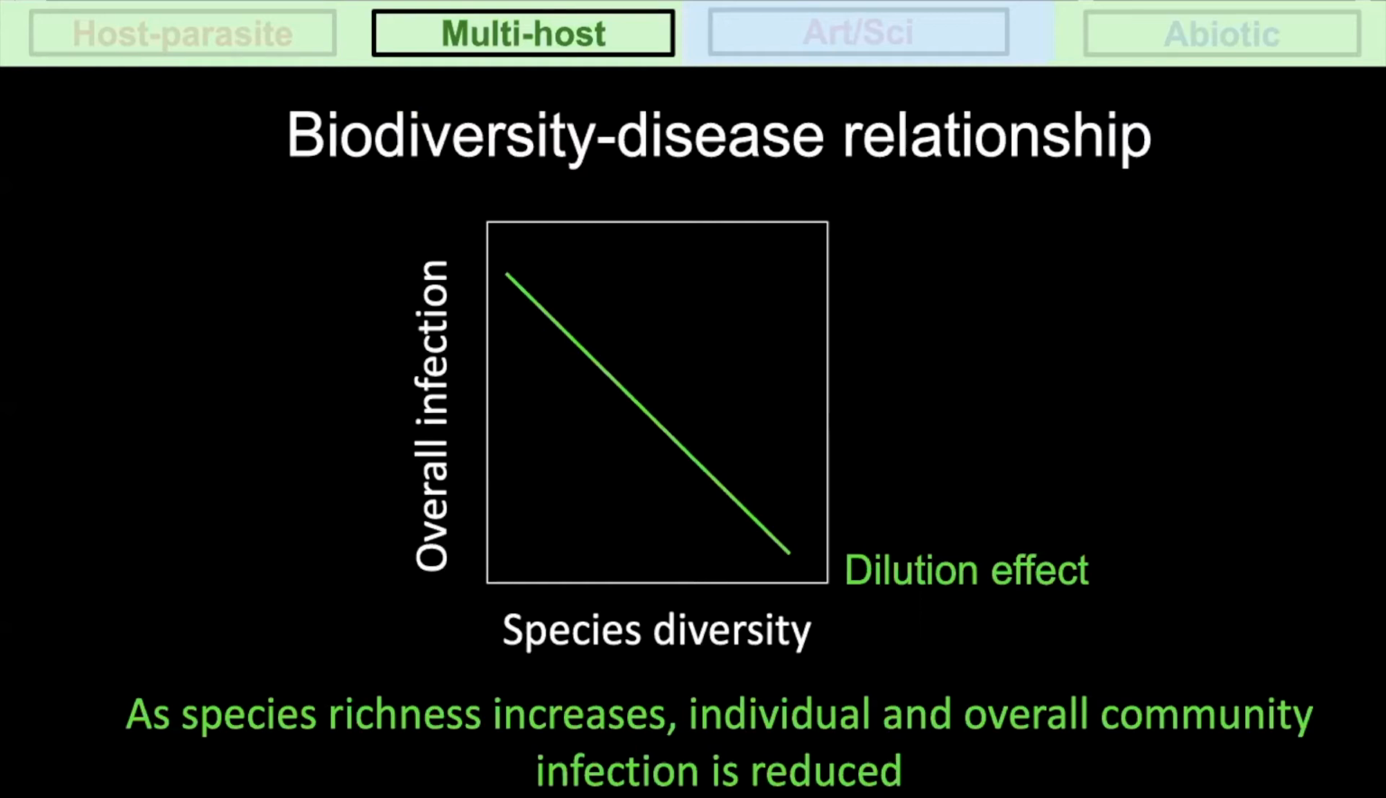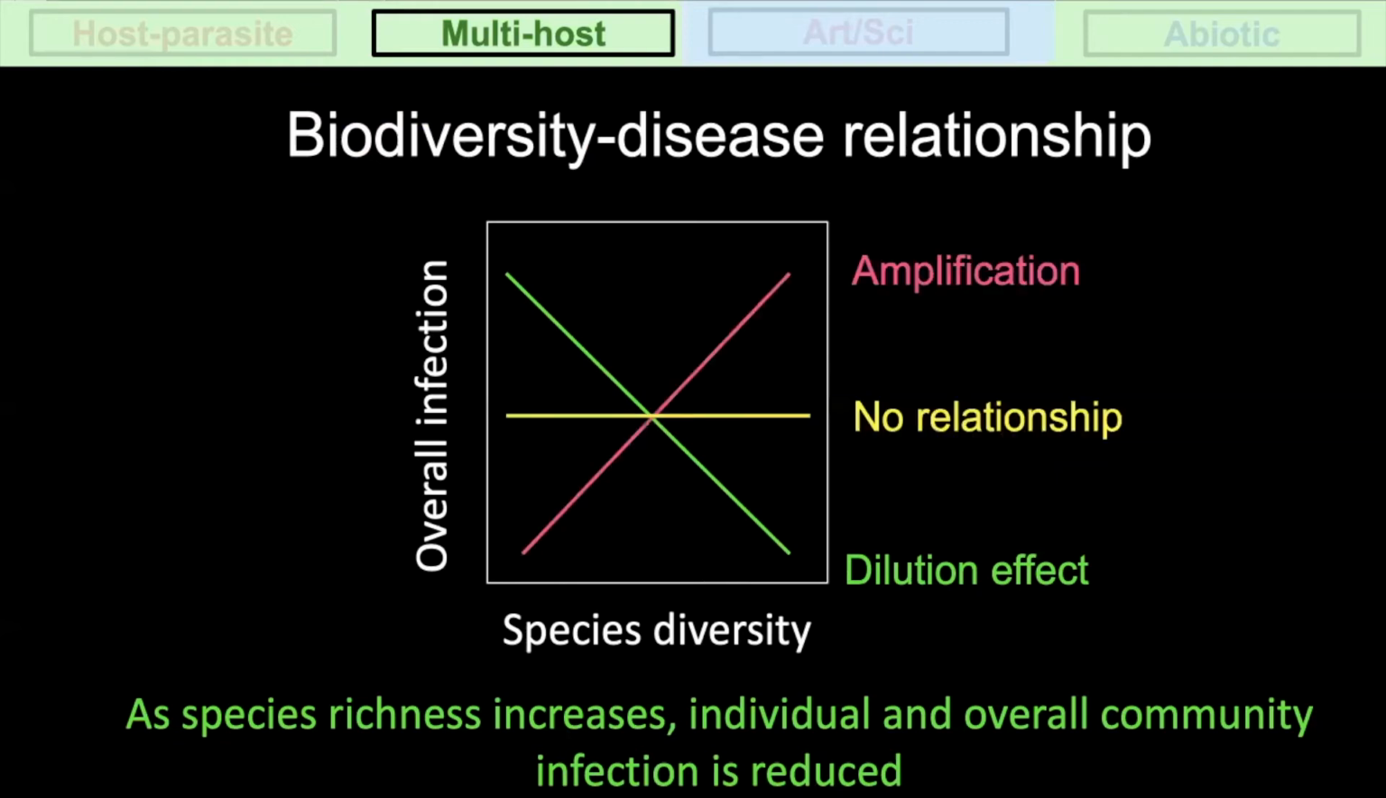Why people are so interested in this relationship is that it provides a clear benefit to why we might want to protect species diversity. By protecting diversity, we get the benefit of reducing overall infection in that community. The challenge, however, is that while we do see the dilution effect many times in nature and many times in experimental studies, sometimes and oftentimes we find no relationship, or alternatively, the opposite relationship, amplification, where increased species diversity leads